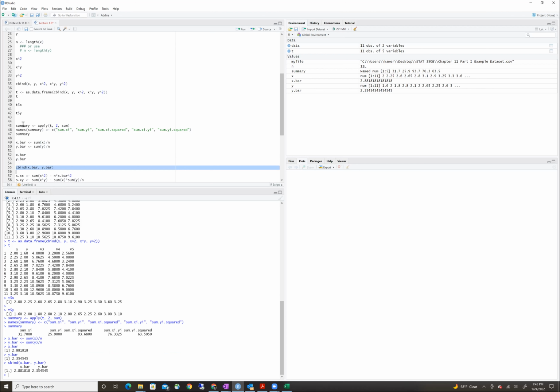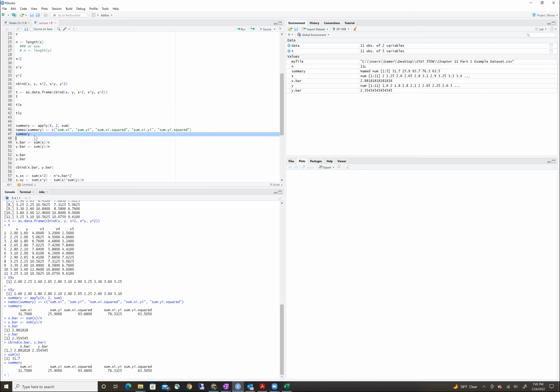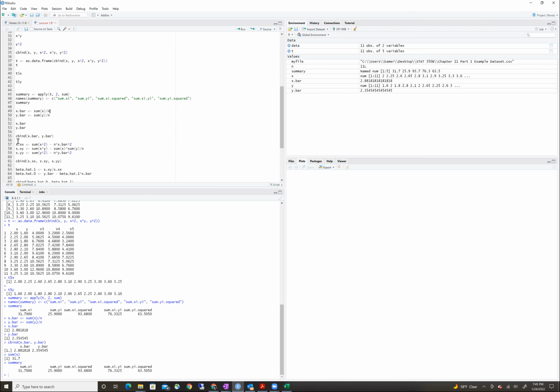Now, notice that my summary also had that sum x_i. Let's just double check that our sum of x, 31.7, was equal to the very first value. Oh, there it is, 31.7. Okay, so in our notes, we had the